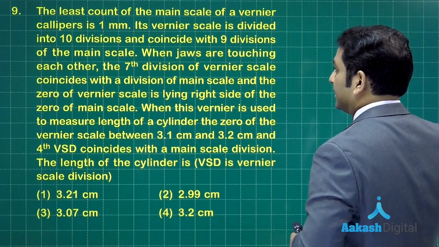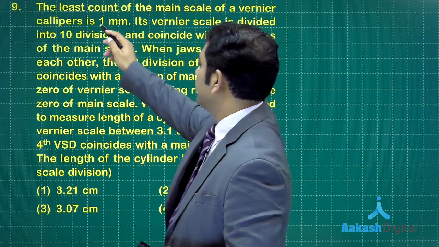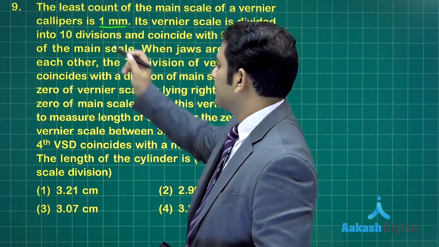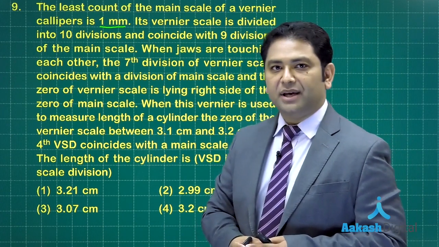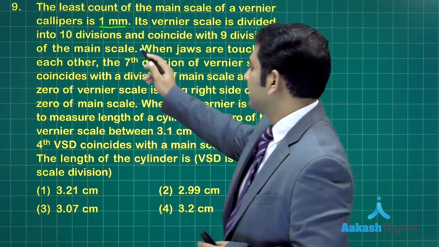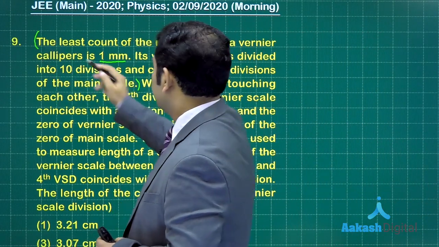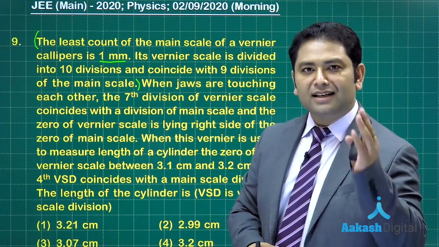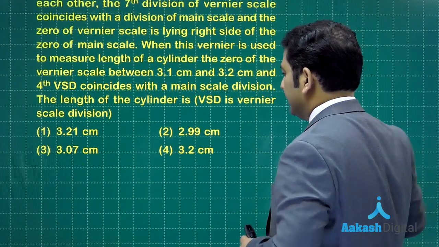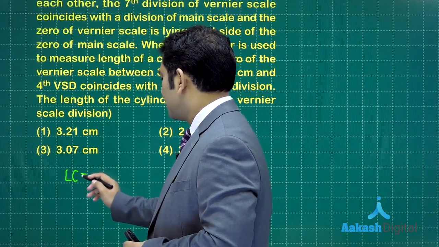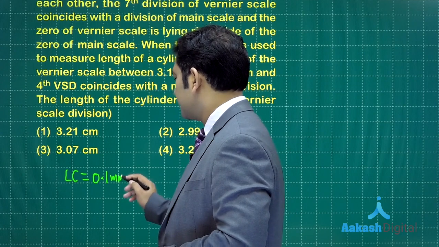All right. So let me pull it something here. The question says 1 MSD is 1 millimeter and there is a vernier scale which is divided into 10 divisions and it coincides with 9 divisions of main scale. So with the first data till this, let me just bifurcate the entire question. This segment allows you to compute the least count of vernier caliper. As per the data here, the least count of the vernier caliper is going to be 1 millimeter by 10. That means that will be 0.1 millimeter.